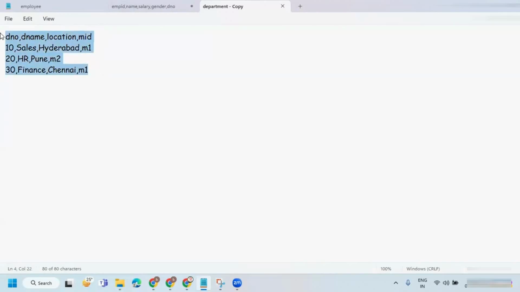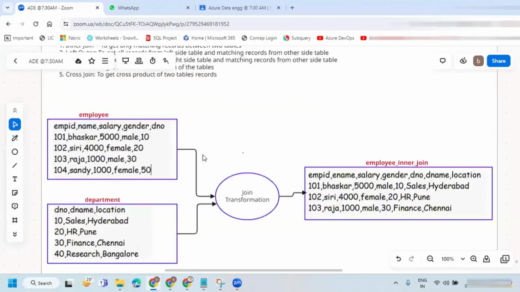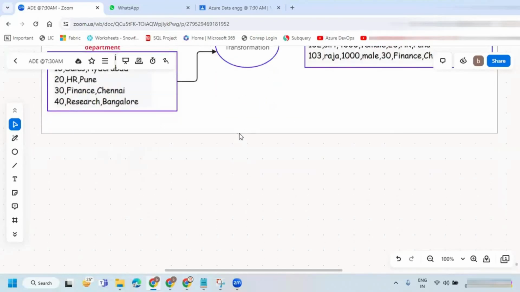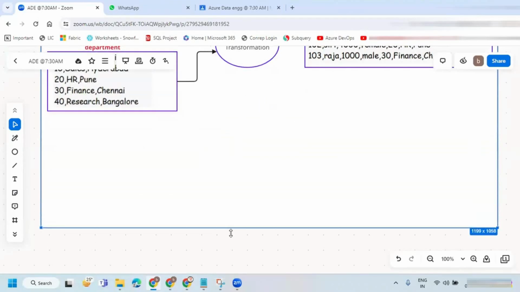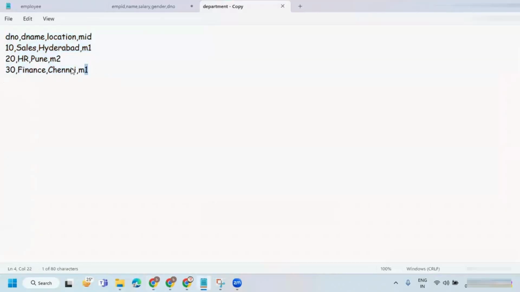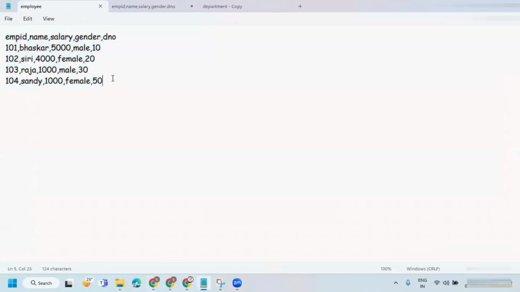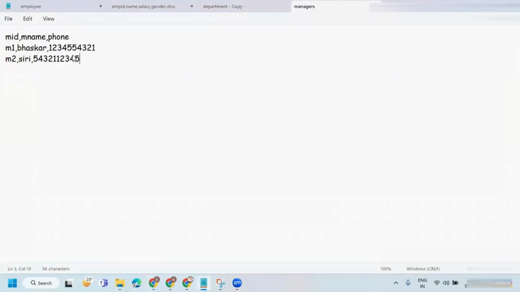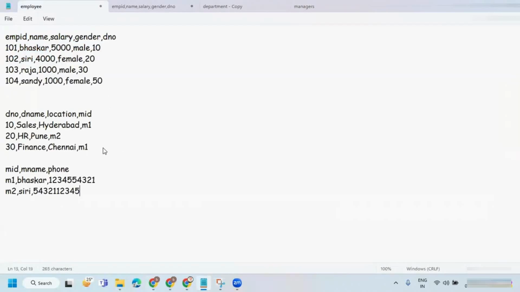Okay, so this is a task for you. And I have a managers file. I'll attach these files, so you can take that for practicing. So three are there: table 1, table 2, and table 3.